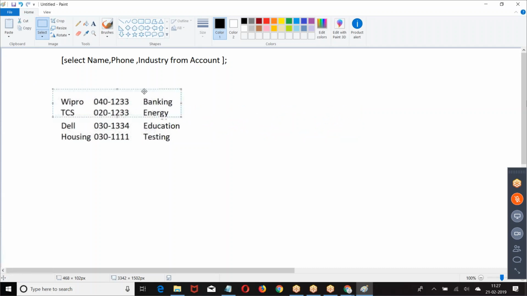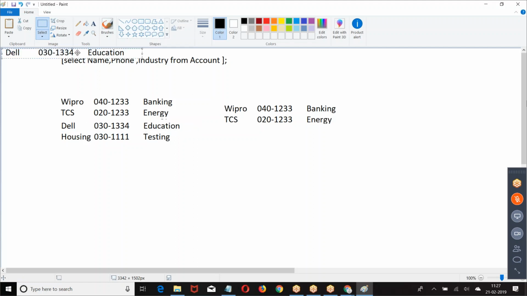Now they're asking, from the result, how many records do you need? So, when you write a query, all the result will come. From the result, how many do you want to display? That is called limit.